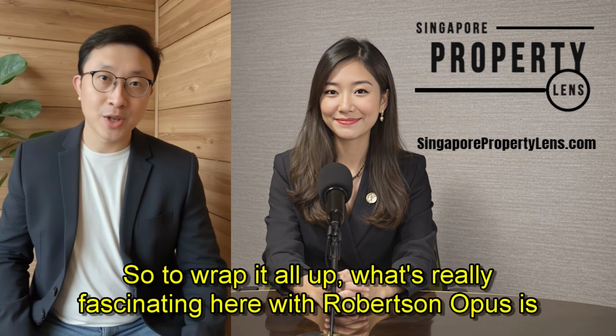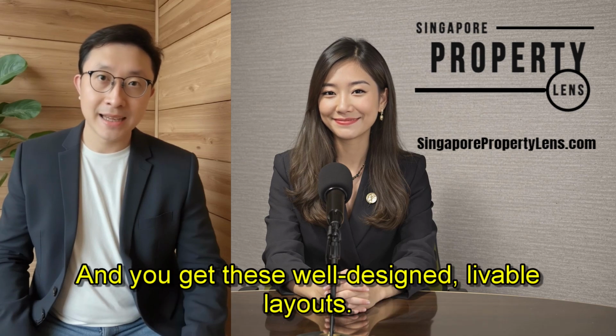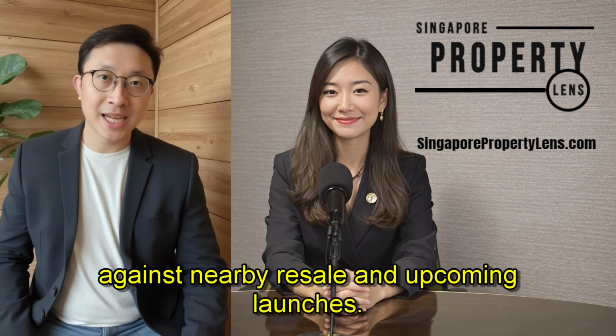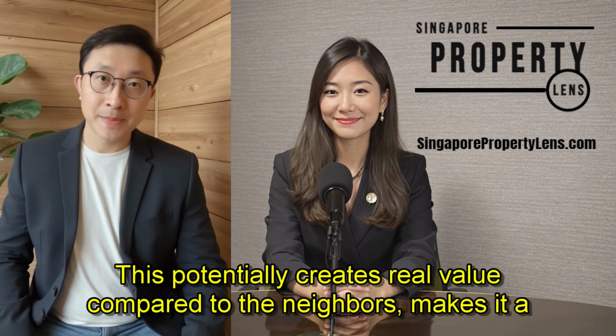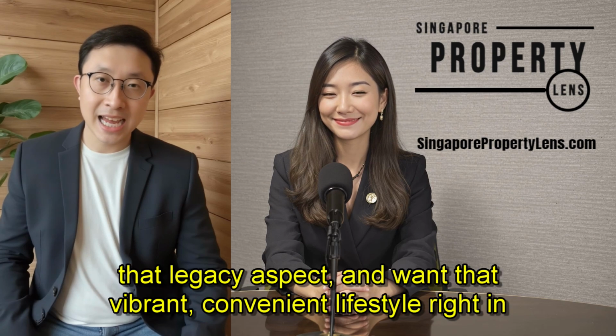So to wrap it all up, what's really fascinating here with Robertson Opus is this unique mix. You get the prime District 9 location, you get that incredibly rare 999-year lease, and you get these well-designed, livable layouts. Crucially, its pricing strategy seems quite smart, entering competitively against nearby resale and upcoming launches. This potentially creates real value compared to the neighbors. Makes it a very compelling option for you if you're prioritizing that long-term ownership, that legacy aspect, and want that vibrant, convenient lifestyle